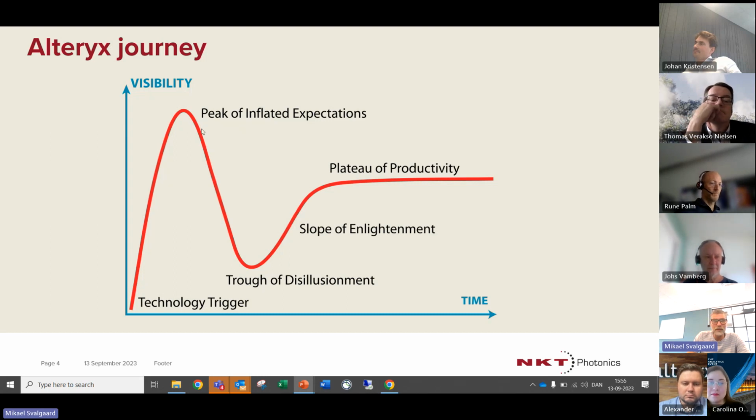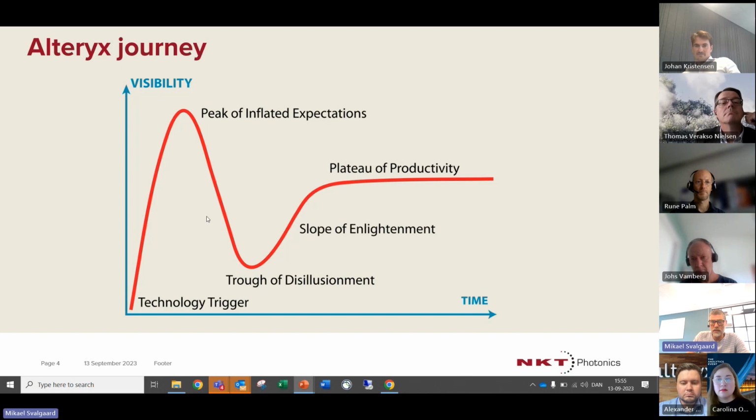And then after some time, people start getting disappointed and bored, and there's no real use for it. So the interest, the visibility plummets. And then you're down here. Now everyone is laughing about it, saying how stupid it was. But then instead of dying away, suddenly it starts growing very slowly, and then the real value, the real productivity from this technology appears, unlike what you had in the first phase.